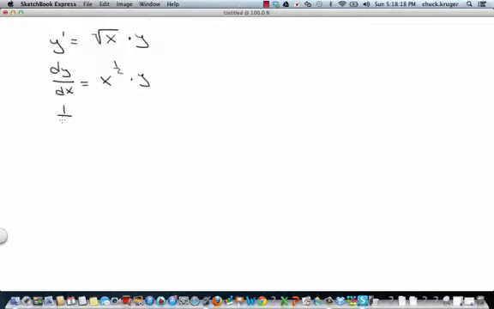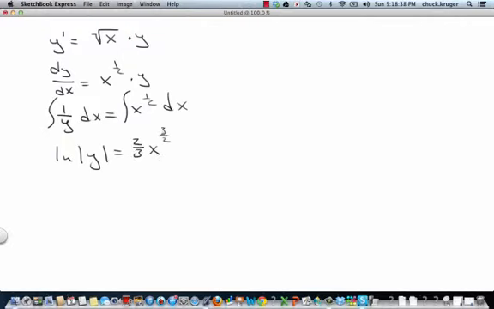That means 1 over y dy is equal to x to the 1/2 dx. I'm going to integrate both sides. That's going to give me the natural log of y is equal to, well, I got to add 1 to that. I'm going to get 3/2. That means I'm going to have 2/3 out here, because I'm going to multiply by that reciprocal,